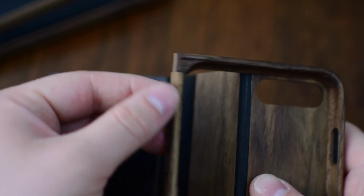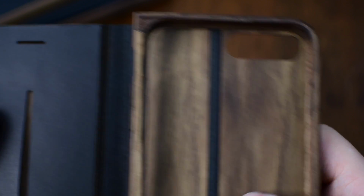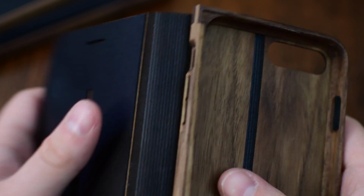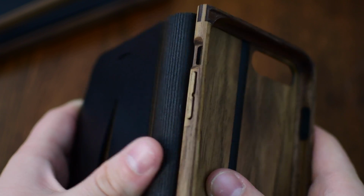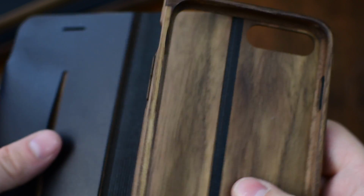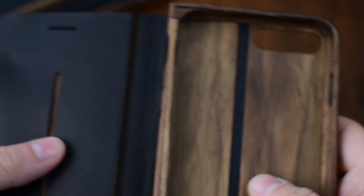I really like all the little detail work they did in the actual woodworking of this case. I have the walnut one here if you could not tell, but they also have a lighter maple version if that's more your style. Now you can see here on the actual spine of the device, it's kind of etched out a little bit, which makes it super flexible, because if it was just all one piece of leather, it might not bend as smoothly and easily as it does when they've kind of pre-marked that spot where it needs